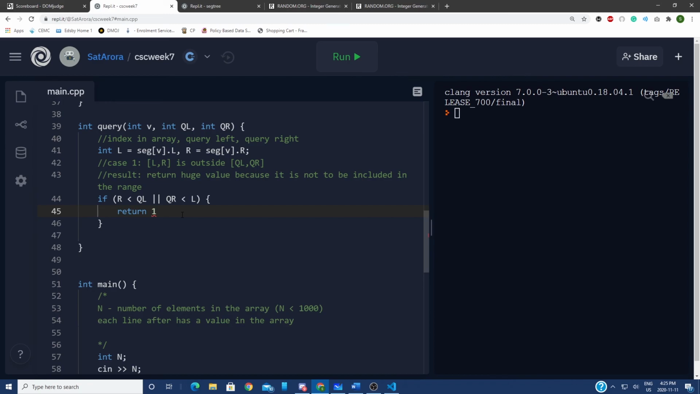So in this case, we return the node's stored value. Because L, R being inside QL, QR means that every value, or every index L, L plus 1, L plus 2, all the way to R is valid and can be used. So the way we check this is L and R,